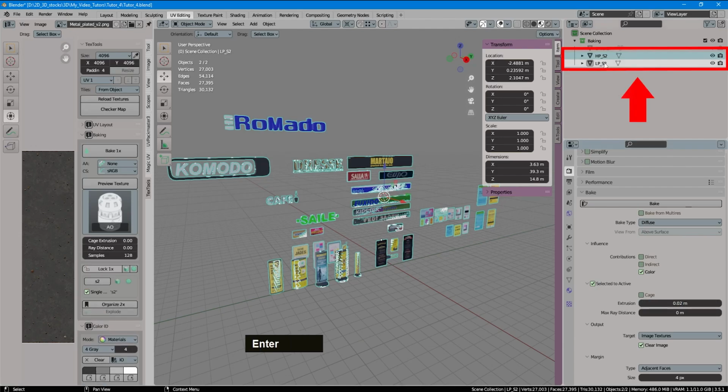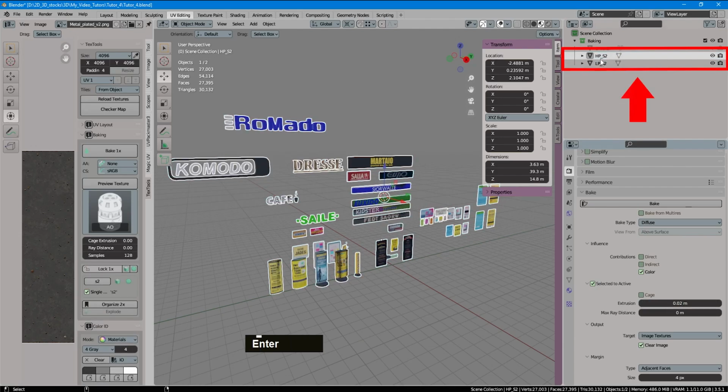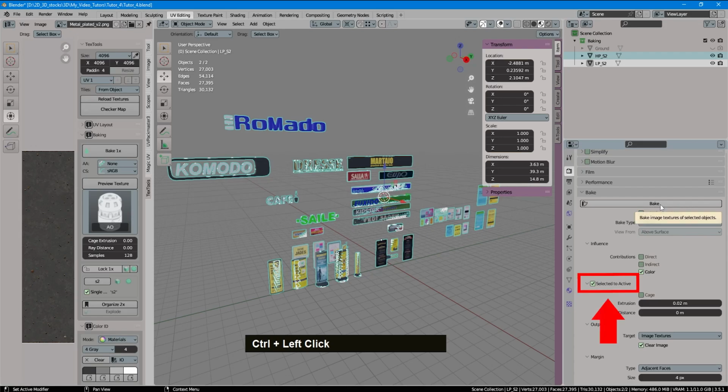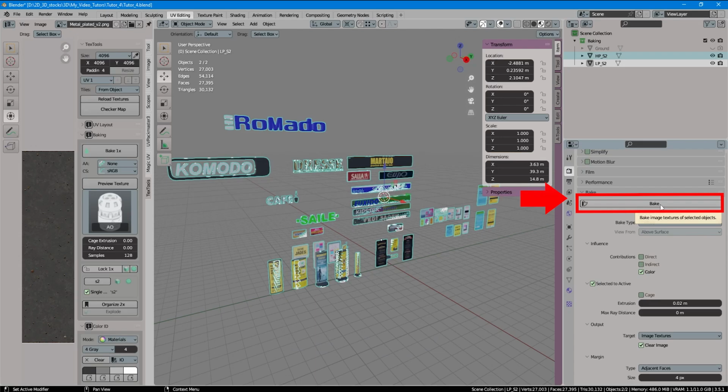Next, the final step, we need to select HP. Hold down the Control key and then select LP. Thus, we marked HP as selected and LP as active, so that rendering occurs from the selected object to the active object. As you saw in the checkbox below, press the Bake button